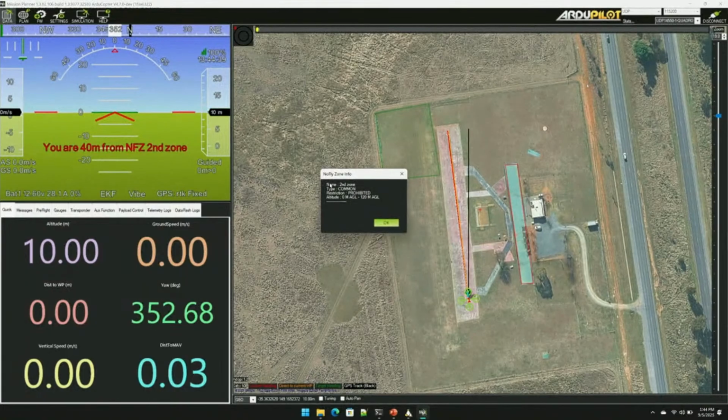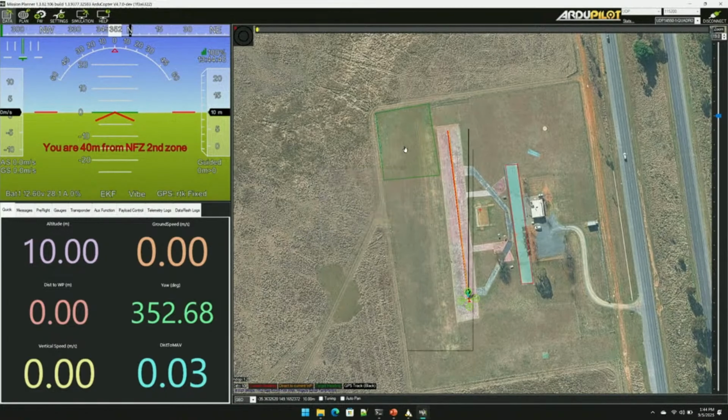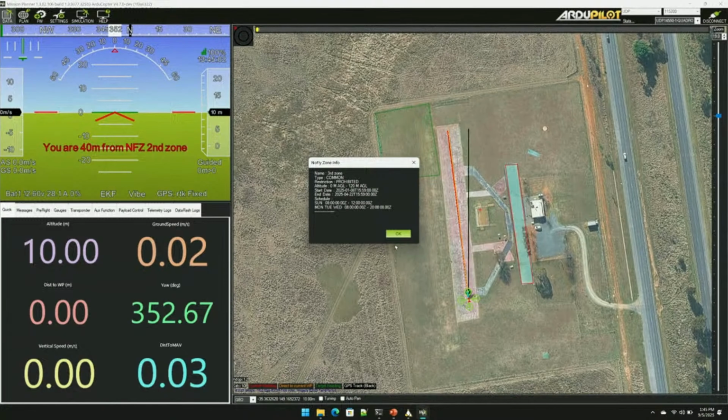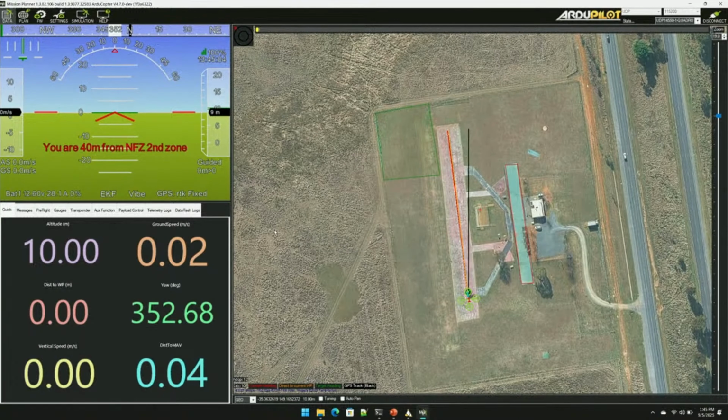If I get the info, it says the second restriction is prohibited from 0 meters to 120 meters AGL. And this one has a start date of January 8 to April 22, and every Sunday, Monday, Tuesday, Wednesday. So it's definitely not active at this moment of time. And if I'm flying